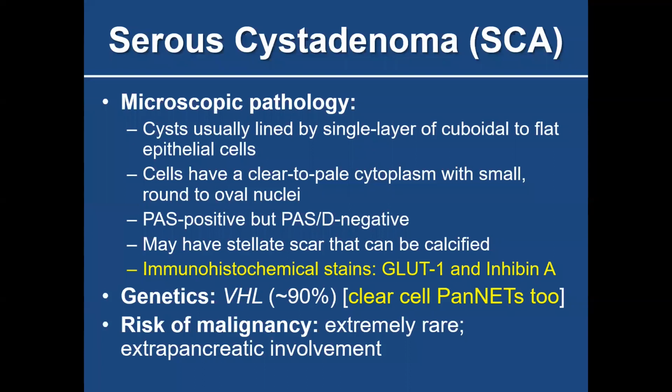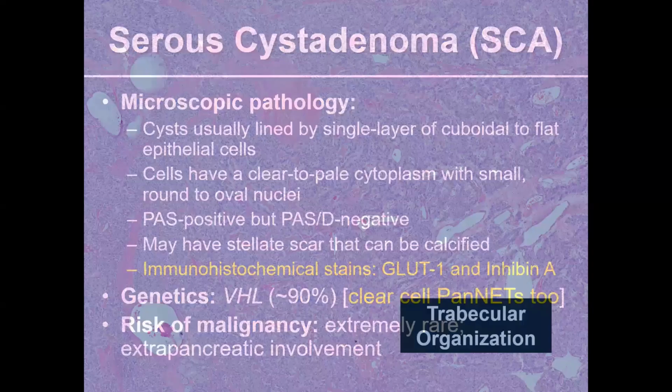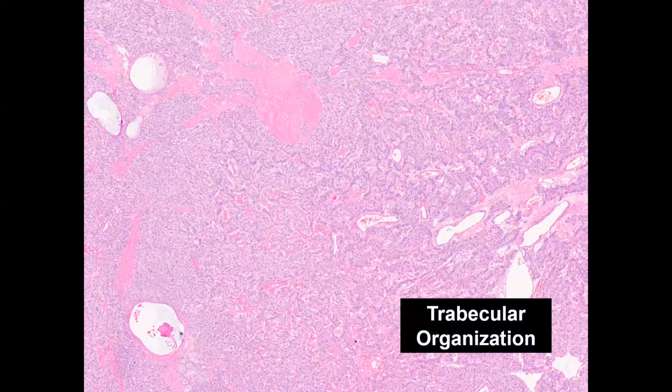Immunohistochemical stains are your best friend for these cases, as serous adenomas are negative for neuroendocrine markers like synaptophysin and chromogranin, while positive for other markers that reflect serous adenoma pathobiology, that being VHL alterations, that includes GLUT1 and inhibin A. And as I mentioned, also, because of those VHL alterations, you can evaluate them molecularly as well. In addition to solid serous